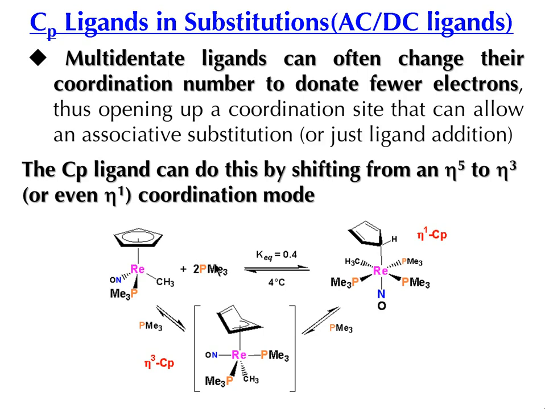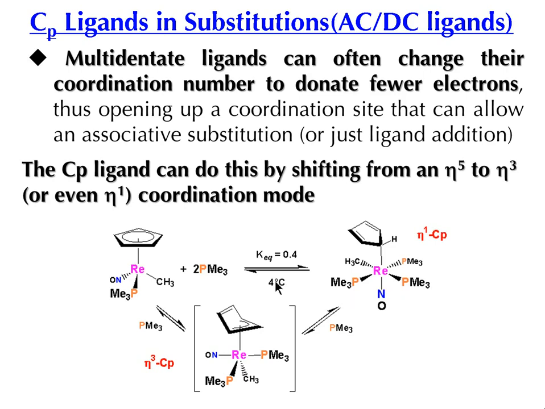We will add 2 PMe3 groups. The PMe3 groups could not be added since this complex is saturated. So the Cp will change its hapticity from eta-5 to eta-3, and it releases the place for 2 electrons to be added. So the first PMe3 is added, then the eta-3 is transformed to eta-1